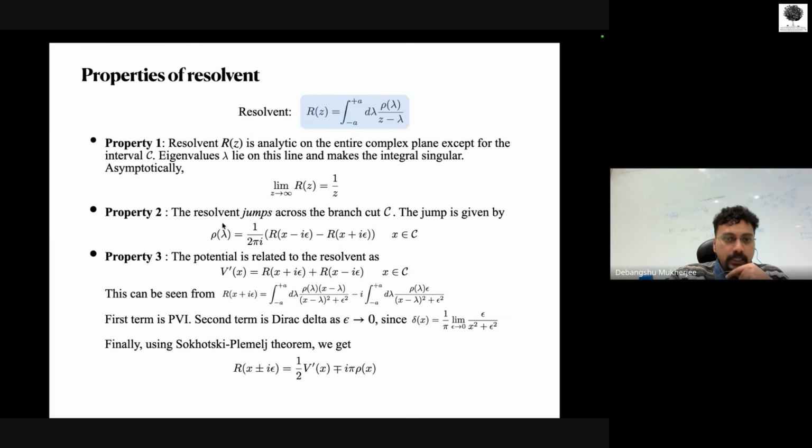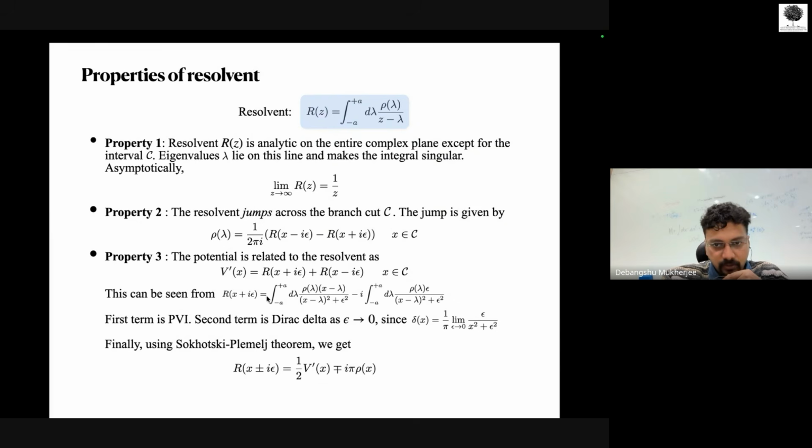The third property is that the potential that we started off with is related to the resolvent simply by its sum, measured across this branch cut by two representative elements across this branch cut. And both property 2 and property 3 can be explicitly proved by firstly noting that you have something like this,